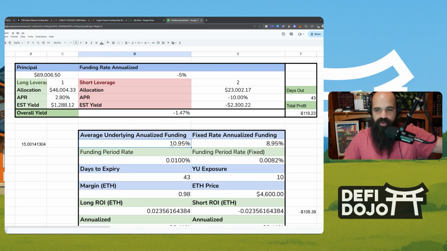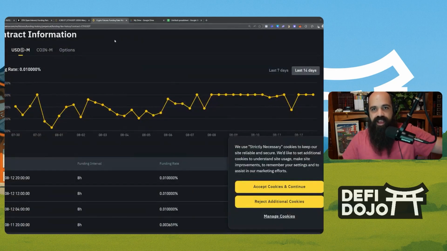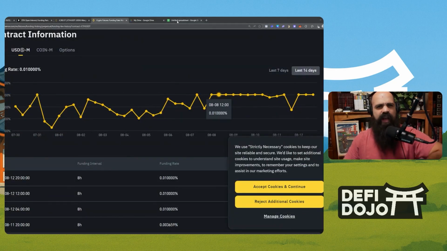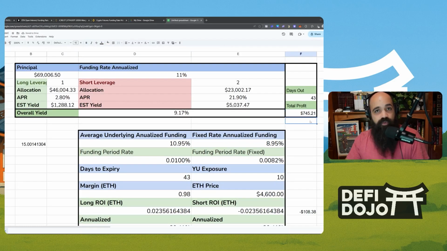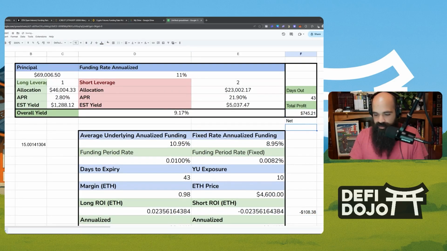So for the next 43 days, it is maxed out at that line up here, and you were as wrong as could possibly be. What would you lose, right? So that's 10.95% the entire time. You made a profit of $745. You paid $108. So your net would be the difference between these two things. You still profited, oopsie, it should be plus, not minus. Your profit would still be $636,